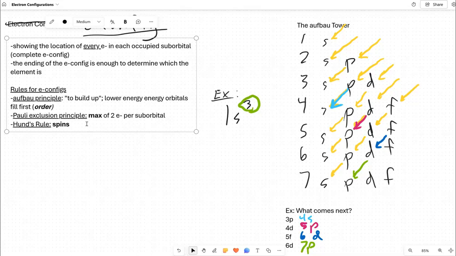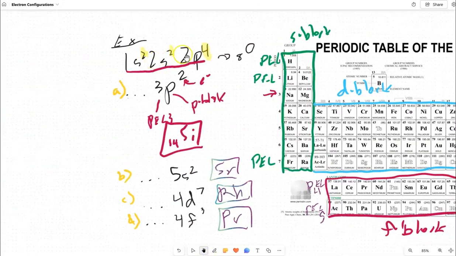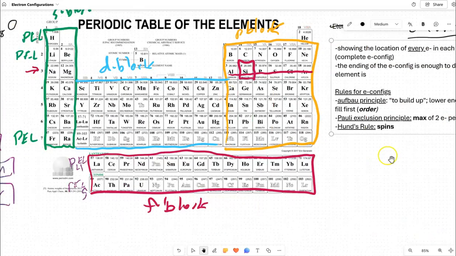Fair question. We haven't talked about this. So, here we go. Hund's rule creates a whole new system of skill that is essentially, how do you show your work when your answer is 1s2, 2s2, 2p4. How do you show your work for that? Okay. Coincidentally,